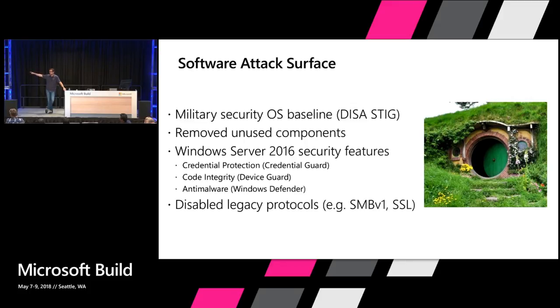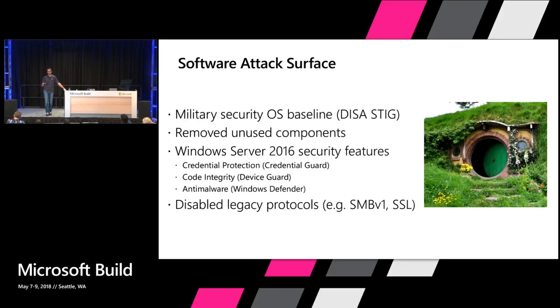So if one of those many components you saw in the architectural diagram a second ago gets compromised for any reason, the attacker will not be able to run Mimikatz, which is an exploit tool to steal credentials. They will not be able to run an arbitrary PowerShell or whatever other language you like, because none of those are signed by Microsoft. Therefore, they will not be able to execute. Not only that, if they try to execute them, it will be flagged with an alert. Therefore, your detection will be much faster.